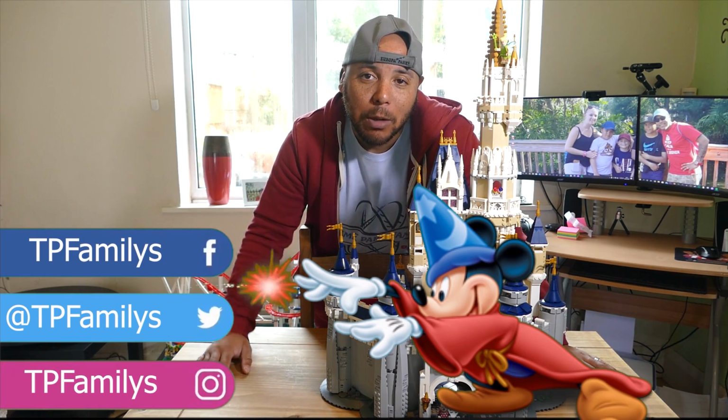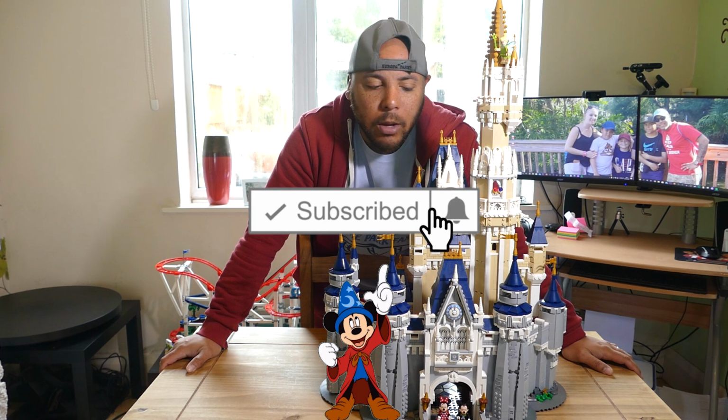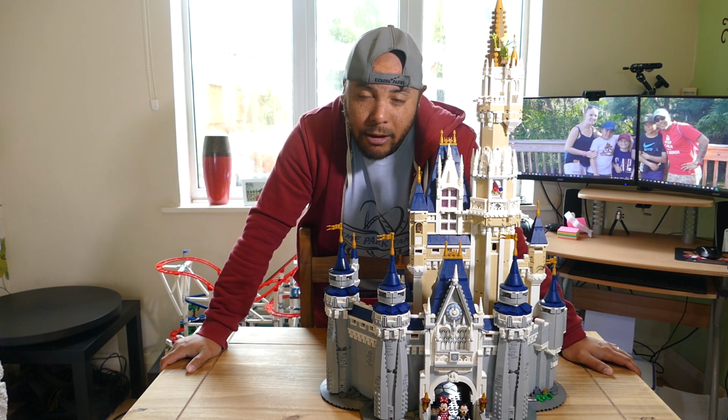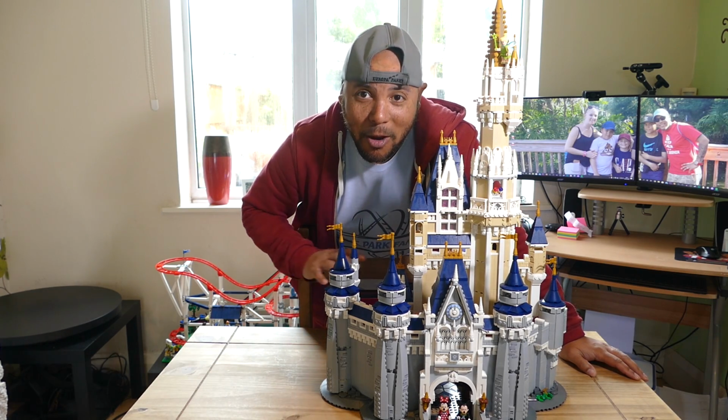This is part number 2. Make sure you do check out part number 1 where we built this lovely Cinderella castle out of Lego. It took about 6-7 hours, I think it did, overall. Very fiddly, but the reason why I'm doing part 2 is the fact of we have